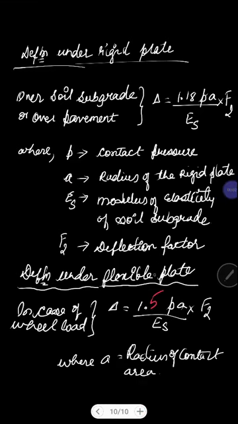Sorry my dear students, in the previous slide we had seen how we determined the delta value, the deflection on the flexible plate, by delta is equal to 1.15 P into A divided by S into F2. But actually speaking, due to a typographical error, instead of 1.15 I'll ask you to consider 1.5. Please do the rectification, it is not 1.15, it is 1.5.